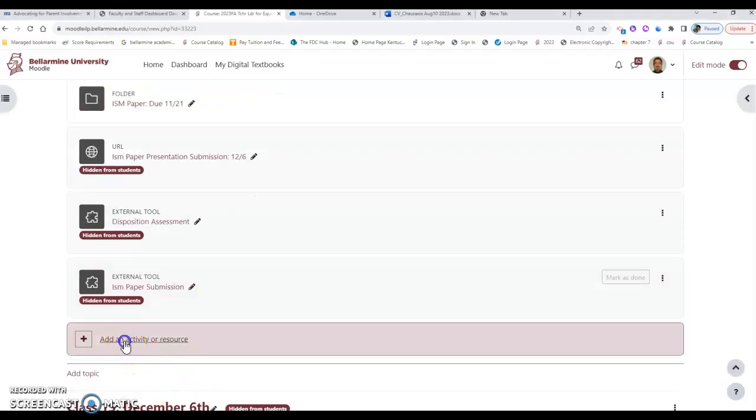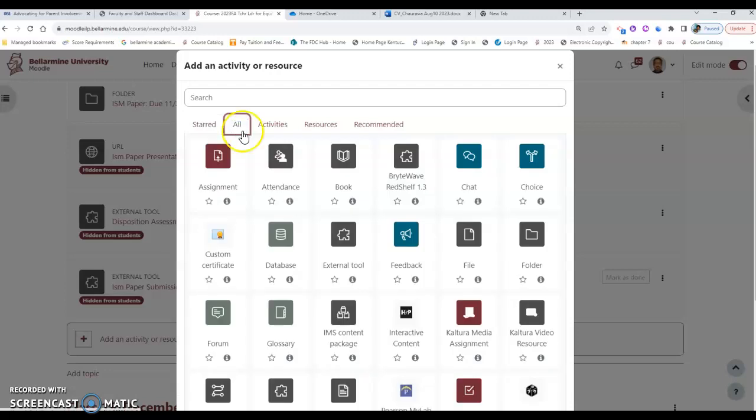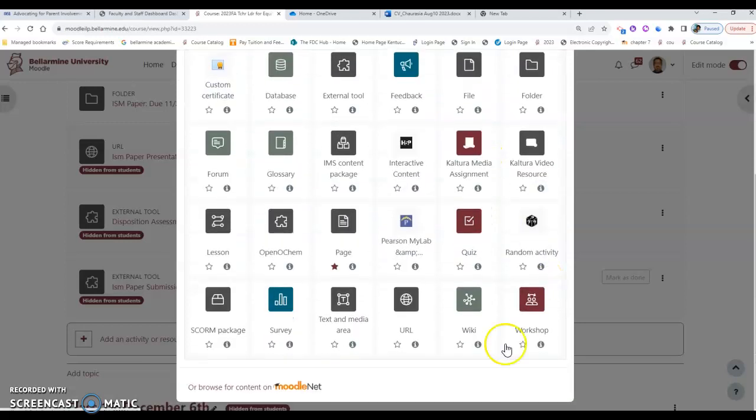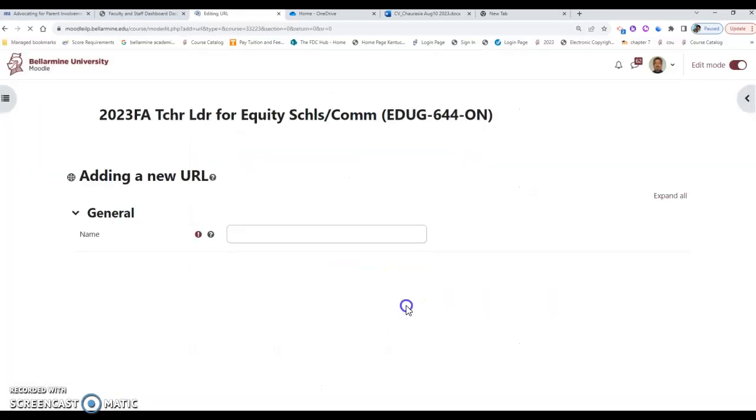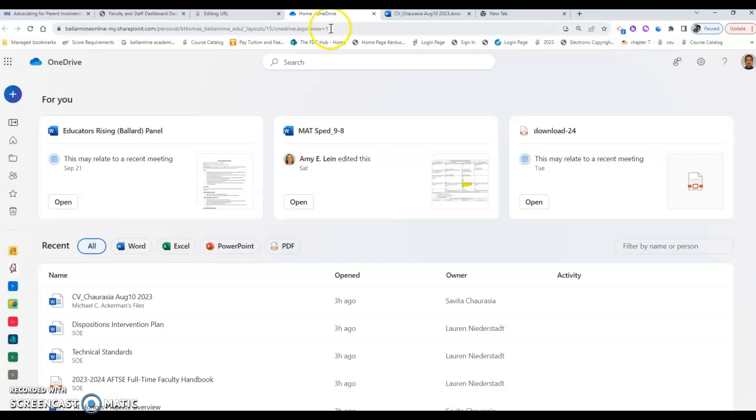You should be able to just go to add an activity and then go to home and then go to... there should be one here, URL. You put the URL there. Now if you go to